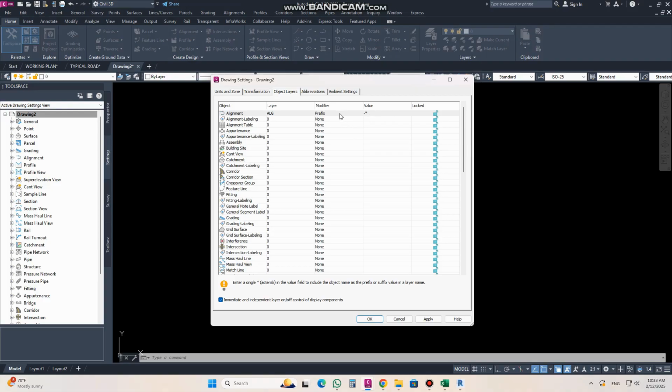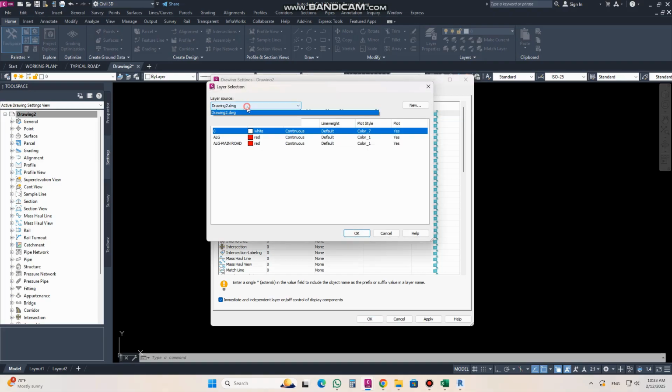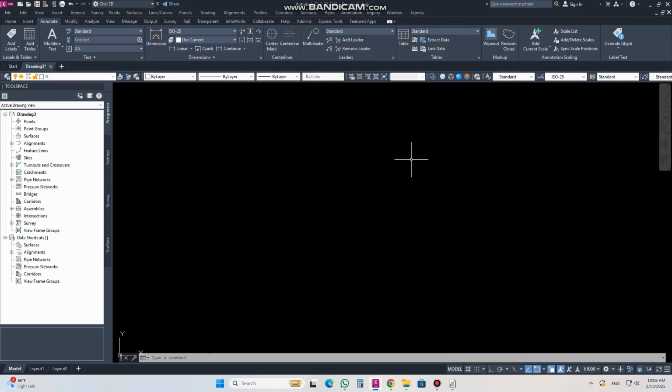Other thing, let's write it in surface. For each of the objects you can create here the same, whatever layer you want, or however many drawings you have open, you can take from the other drawing. So for template setting,